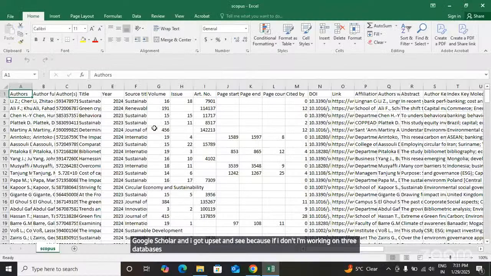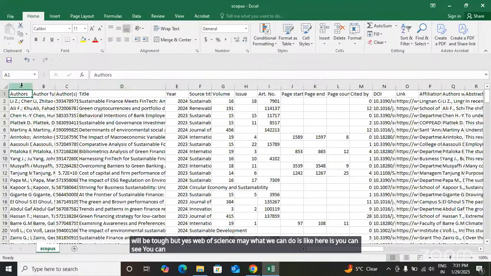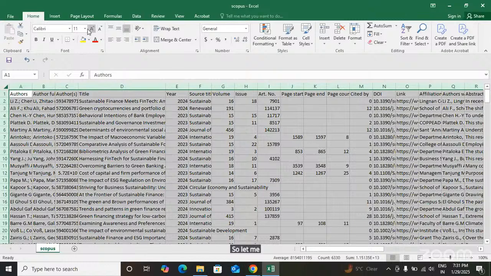In Google Scholar it will be tough, but yes, in Web of Science what we can do is, here you can see my screen, right? Let me increase the font size. What you can do is